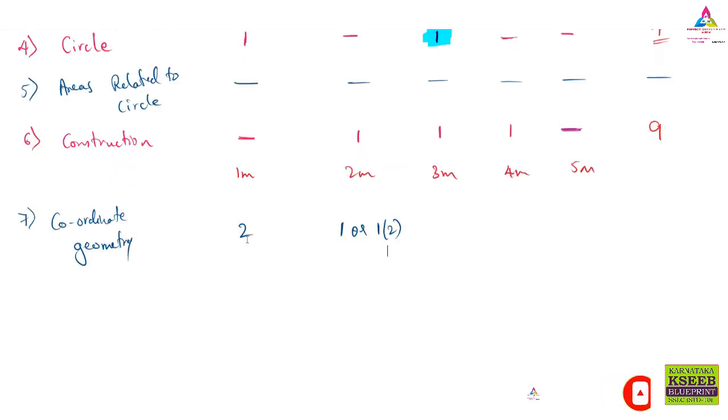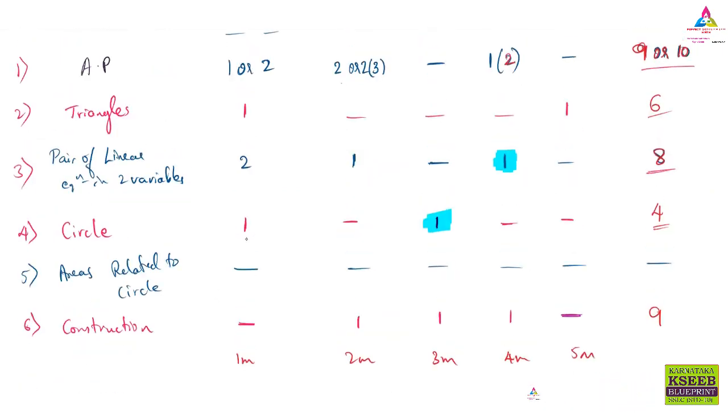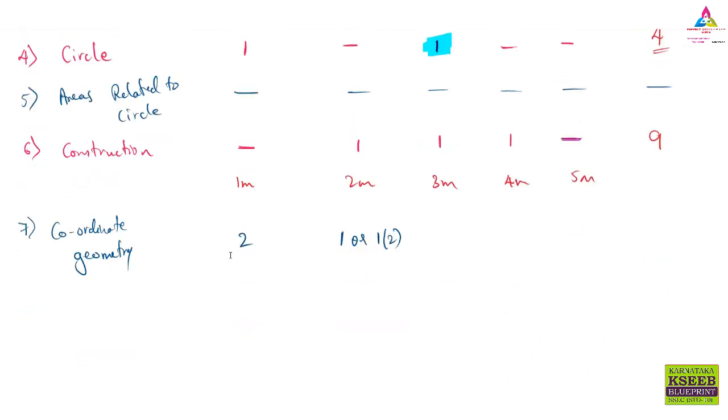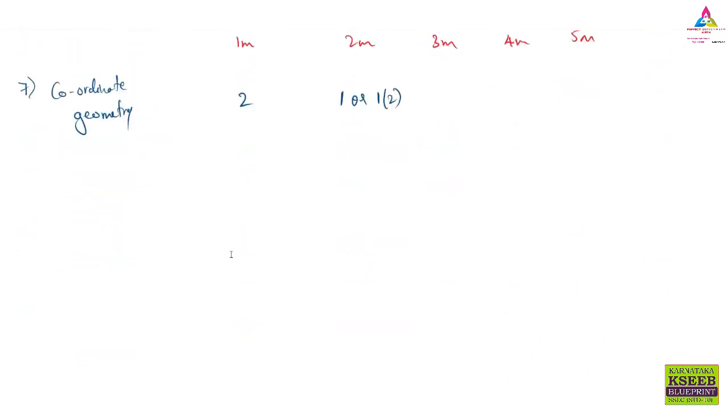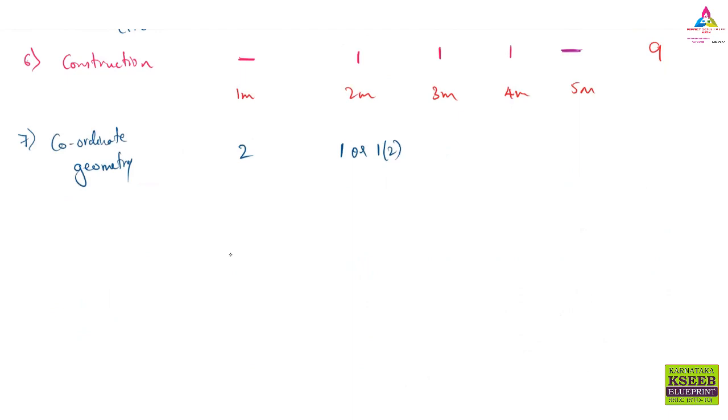We have done something similar for AP, in that way. It will be 2 marks 1 and 2 marks 2, that is 2 marks 2 questions, or 2 marks totally 3 questions will be given. In that we have to choose any 2, that is, 1 will be an or question. Similarly here, the same thing we are going to have in coordinate geometry.